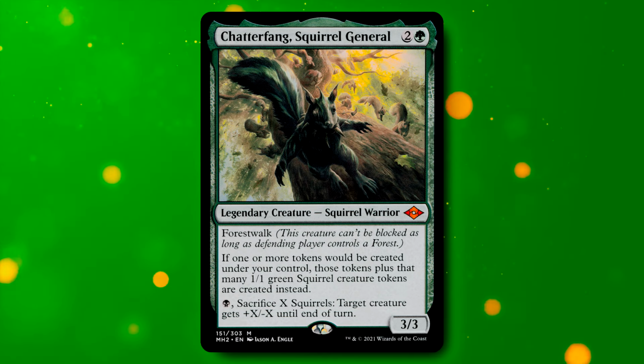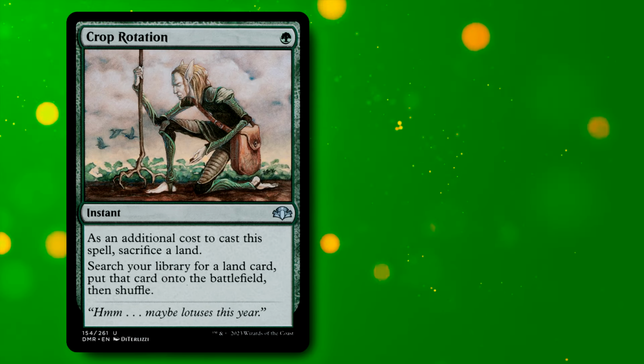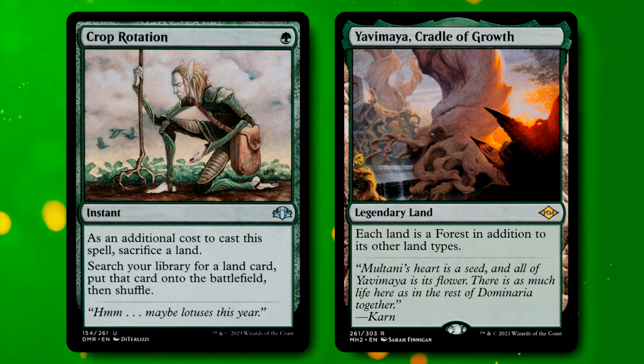You can easily turn his Forest Walk online with something as simple as a Crop Rotation, sacrificing a random land to bring out the Yavimaya, Cradle of Growth, and then turning every land into forests. Seems pretty easy. With this build, we do want to prioritize removal, interaction, and card draw, and some of the more optimal tutors. I'm generally not one to run many tutor spells these days, but in a game where we need to be all in on our commander, we want to ensure that we can get the proper cards for